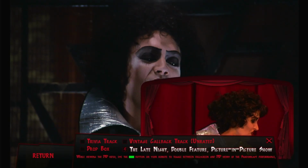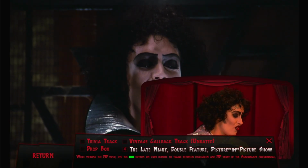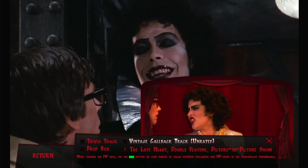Although, again, it's a shadow cast, so they're basically just acting out the movie line for line. And some of it's kind of impressive, just getting all that down, to be honest. But I'm not going to watch the whole movie this way. It's kind of just distracting, you know what I mean? I mean, the people kind of nailed it for the most part, but the craziest part about this Midnight Experience